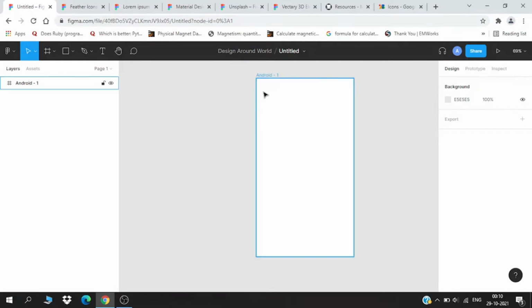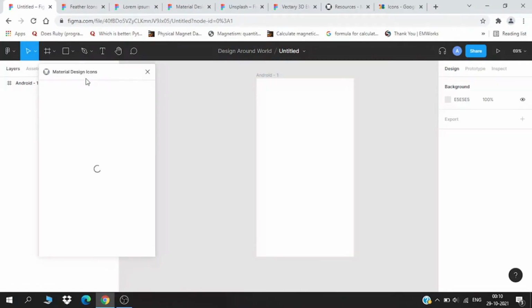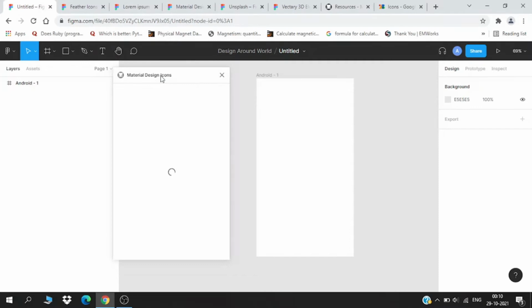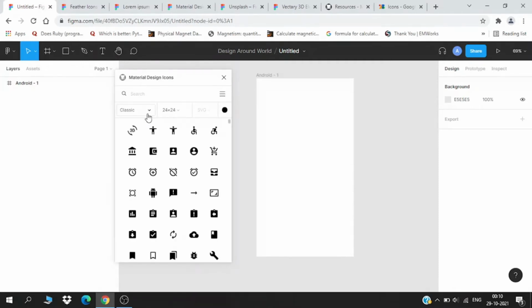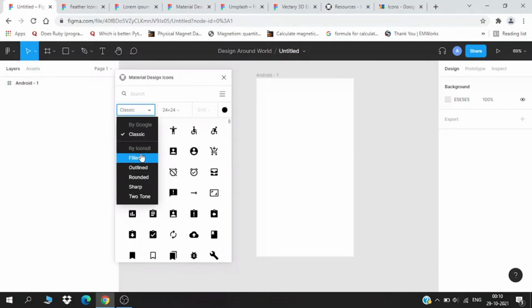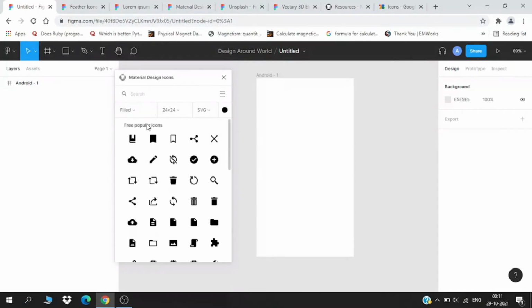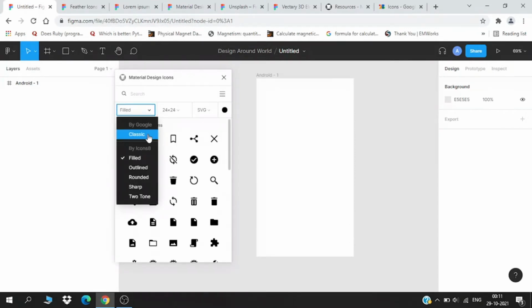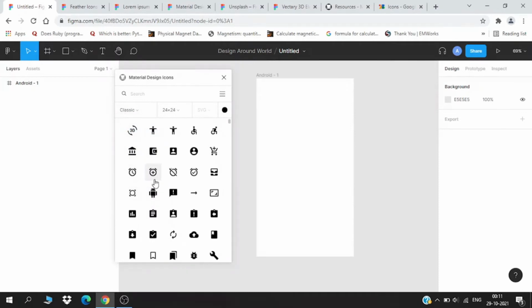Yeah, so as the dialog box of this plugin has opened, I will show you the difference between the two. As you have seen, there is only one search bar, and this is connected directly to the Google Material Design library. I will show you what that is, but as you can see, there is a pretty vast library which it provides you.